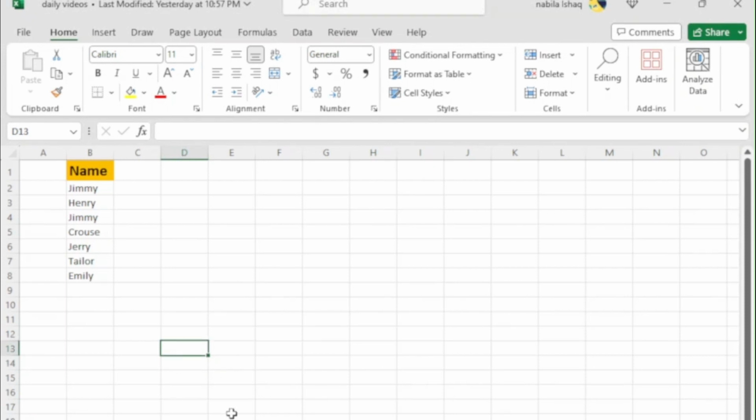So in this video we will discuss the different methods to transpose data in Excel. If you have the data in vertical form like this and you want to transpose it in the form of horizontal,